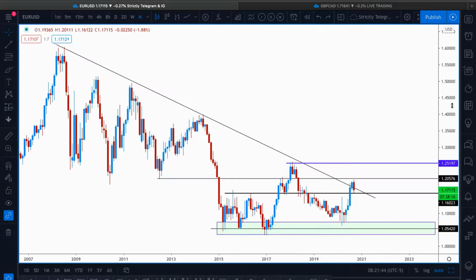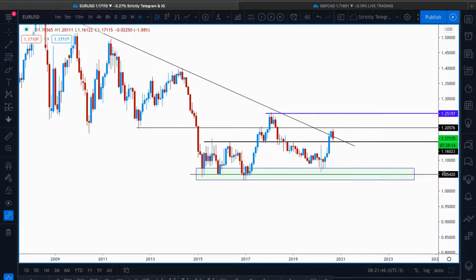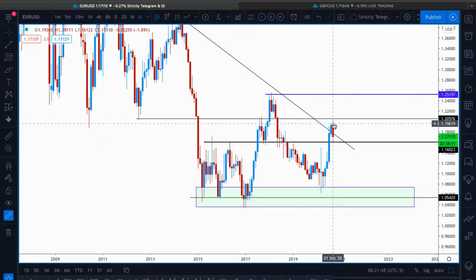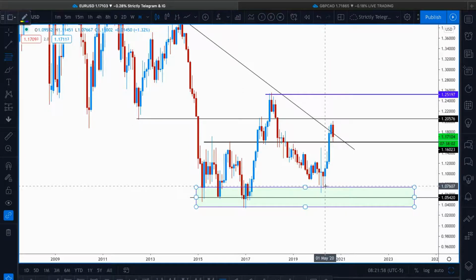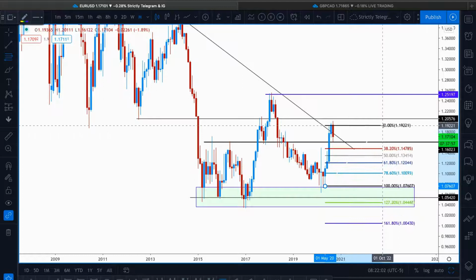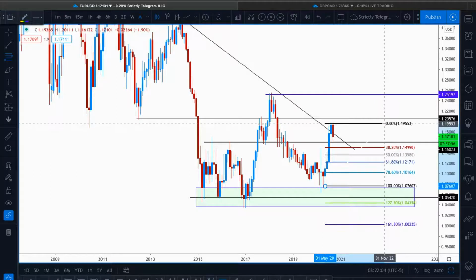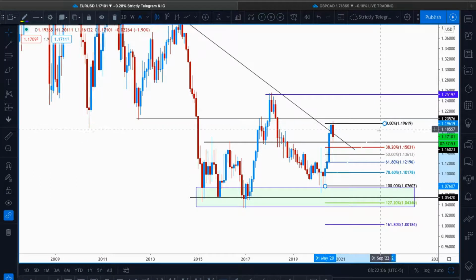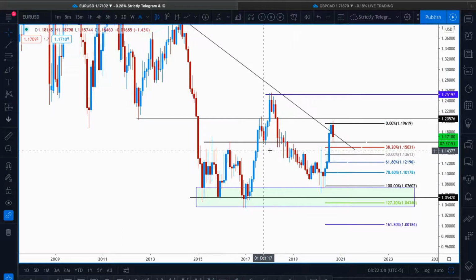Now, we can also take a look at getting information on this little leg here. We're seeing the retracement coming in. Where can the market complete its retracement, or what information can we pick up on this move? We can utilize Fibonacci at this stage. We can take it to the highs here, and we're seeing that this same area, which is around that resistance level,